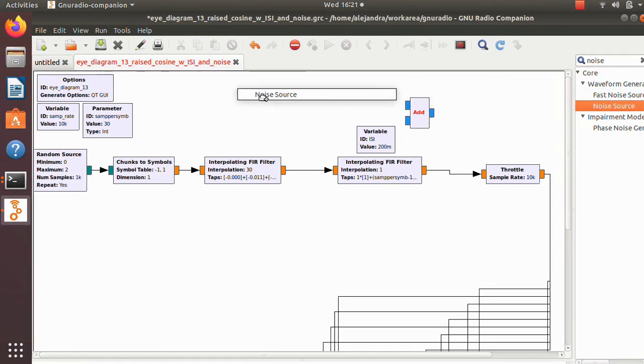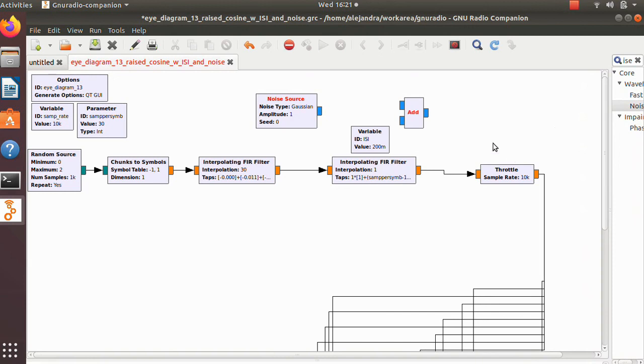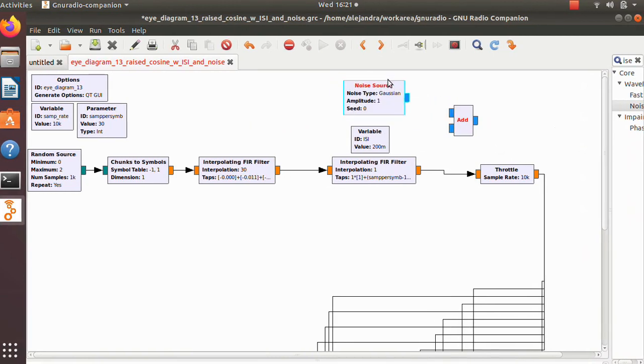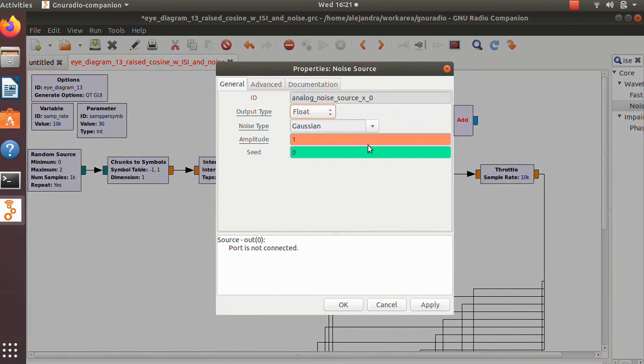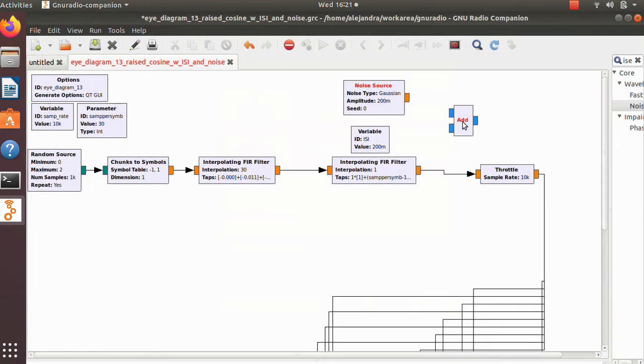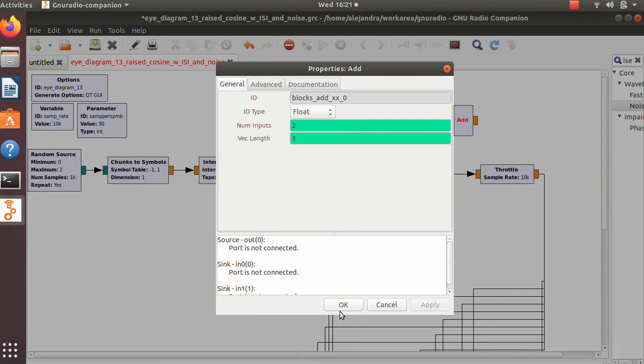By default, the noise source is going to be Gaussian in GRC, but of course you can change that. We are going to also need to change the type from complex to float, and we're going to change the amplitude to 0.2. We also need to change the adder type from complex to float, and then correct the connections